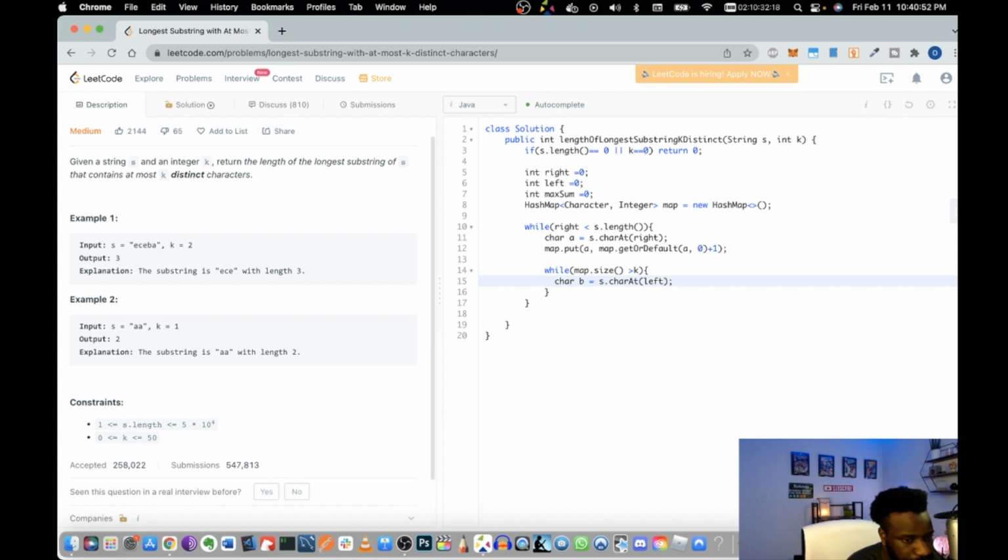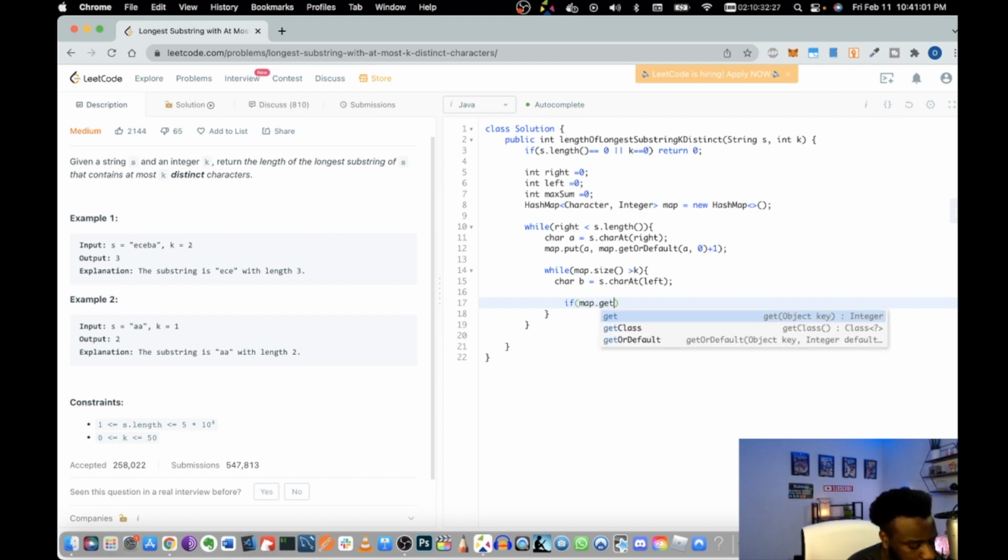Now that we've got that, we say if map.get(B), that character we just got, equals 1, what we want to do is just remove it. We're going to map.remove(B),